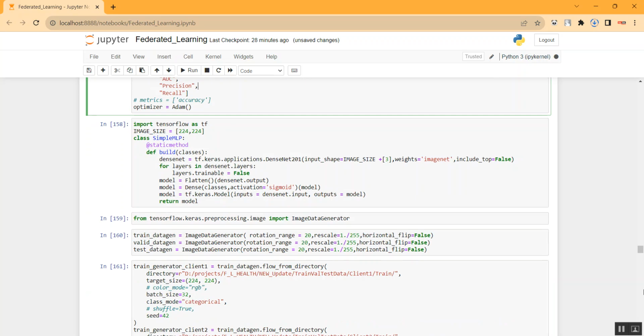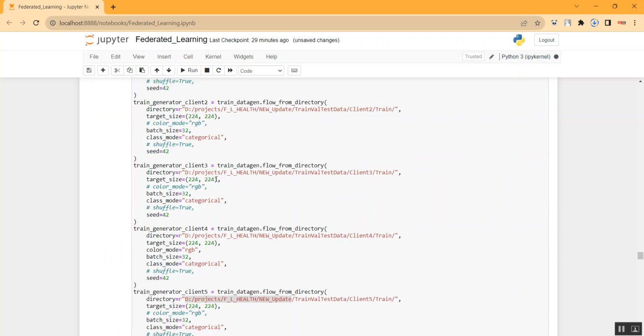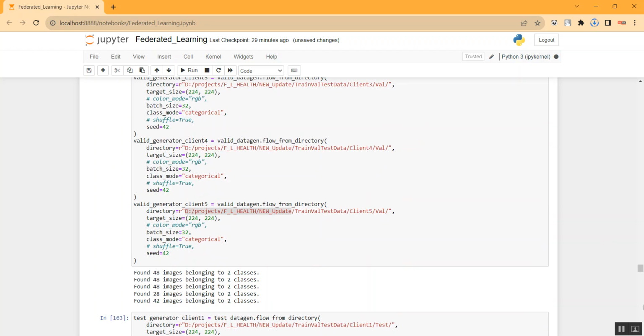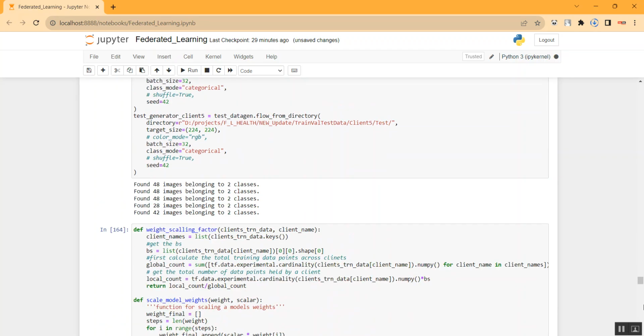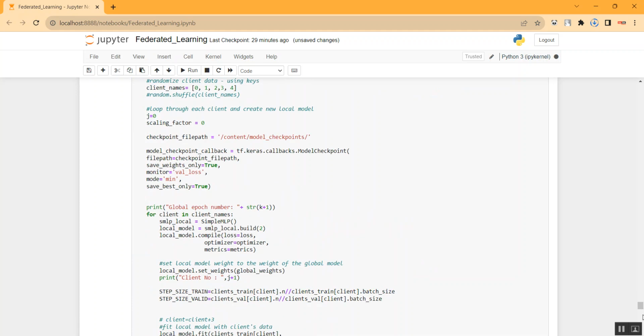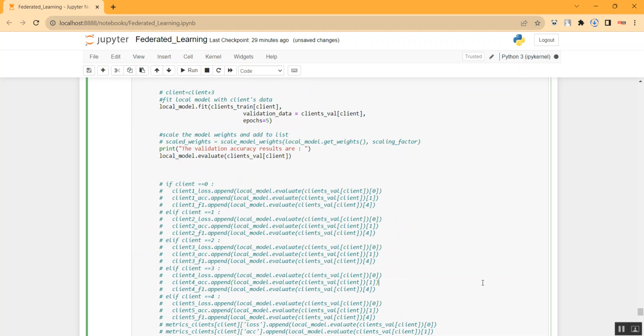Then I started the execution for the global. Okay, so I called over here what will be the training, the validation and the testing part, and then I had imported all of client 1, client 2, client 3, client 4 and client 5 for the training generation. For the training generation I am getting how many images I had uploaded, and then I am processing the validation. For that, how many images are found, and then for testing, how many images there are. Then I am declaring all the code over here, and I started the training, declaring all the values, all those things, and then